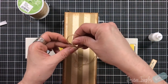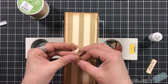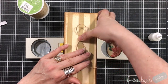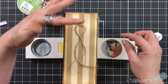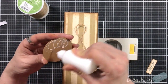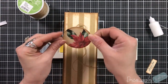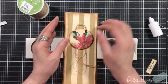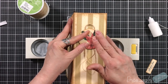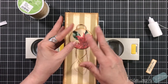And I'm going to take this and carefully place that down on that tape. But I want to make sure that loop is up there as well. And then this is going to sit down on to that. And we're going to use a lot of glue for that. And I'm going to hold that just for a little bit. I want the sides at least to grab on. Once I know that this is dry, there we go,